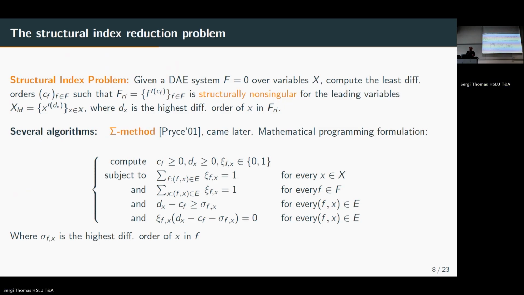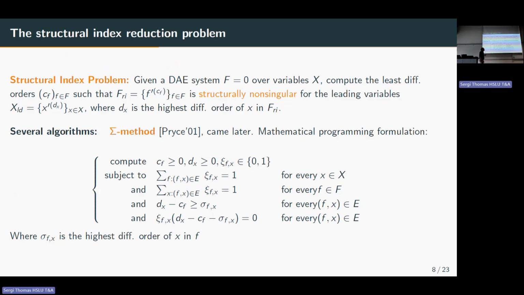And more recently, a second algorithm solving the very same problem, but in very different ways, has been published by John Price in 2001. His approach is based on a mathematical programming formulation of the problem that is the following. First, the differentiation offsets in sets C_f and d_x should be non-negative, of course, and then there should exist a perfect matching